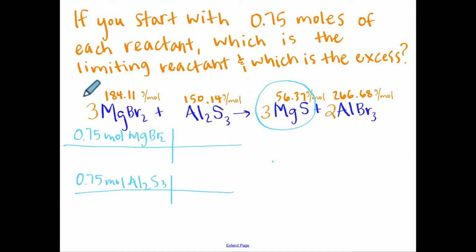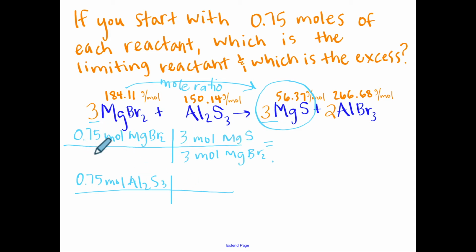When we are going from moles of one substance to moles of another, we're going to use a mole ratio. So the mole ratio in this case is 3 moles of magnesium bromide to 3 moles of magnesium sulfide. Down here we write moles of magnesium bromide, and the mole ratio for that is 3. Up here we're going to write what we're trying to get to, which is moles of magnesium sulfide, and that one is also 3. So when we take 0.75 times 3 divided by 3, we end up with 0.75 moles